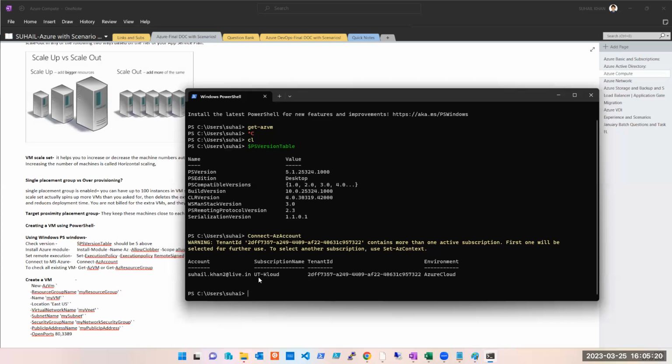UT-Kloud. Why? Because that was first and it is selected. If I want to change it, then you can change it like this. AZ context में जाके change कर सकते हो, but we are not doing that. आप लोगों को आने भी नहीं वाला ये. ठीक है. Now here if I run this command, that get